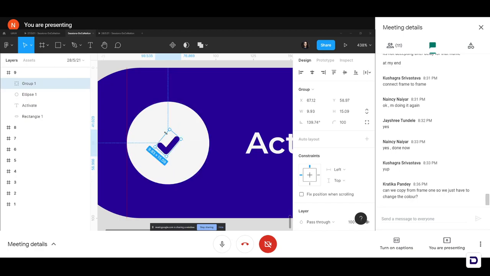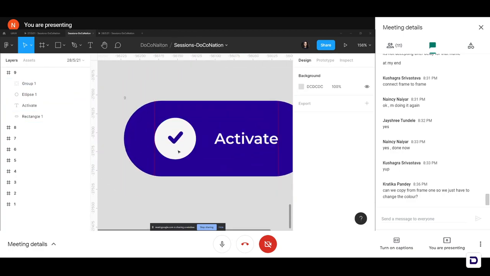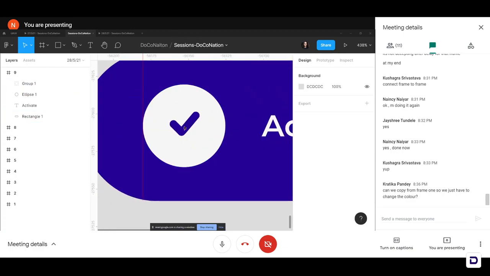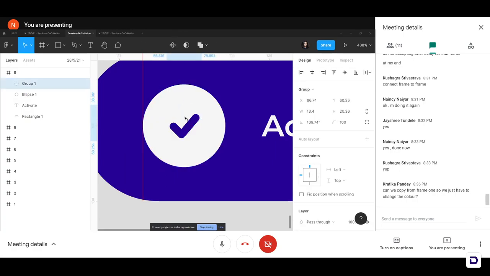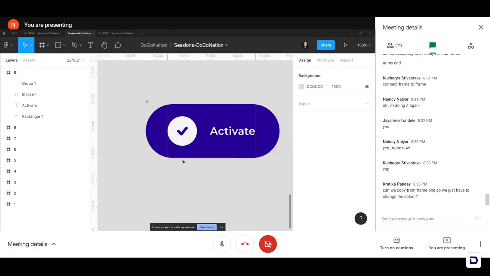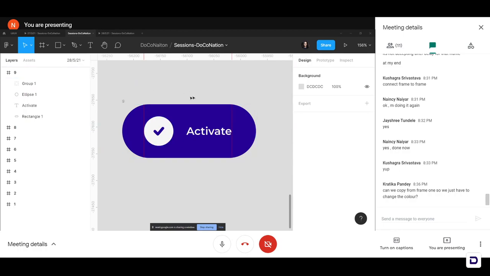Okay, once it's in the center, let me increase the size of it a little bit too. Okay, so once you've centered it, let me bring it down a little bit and yeah. Okay, so we have our tick mark centered and we've achieved the final state that we wanted.